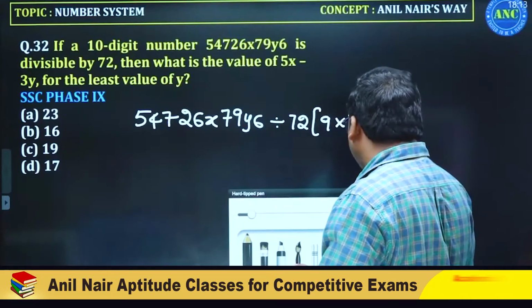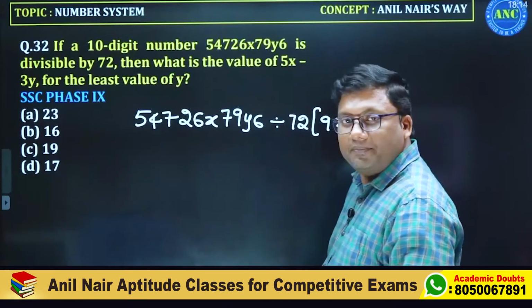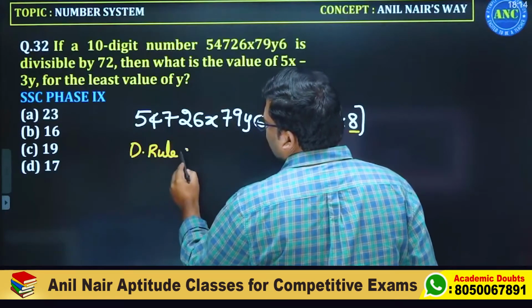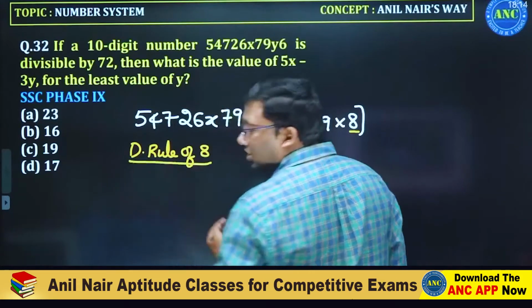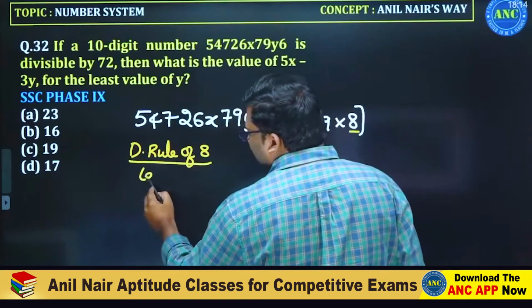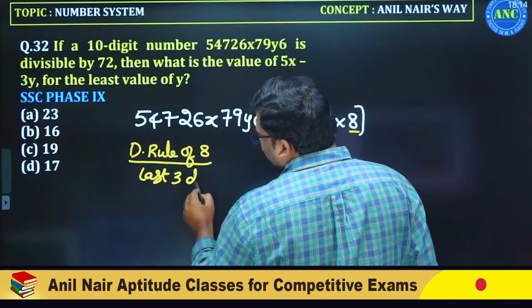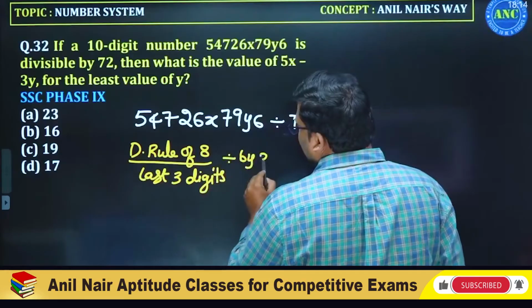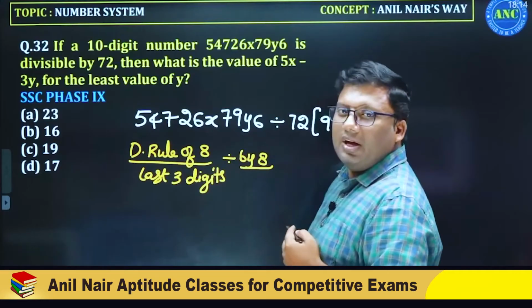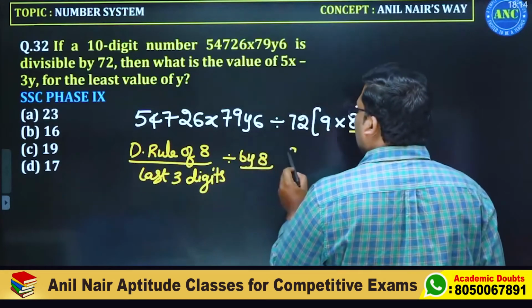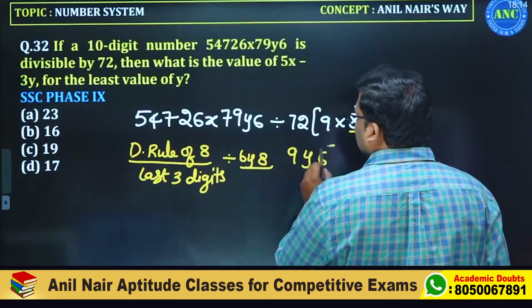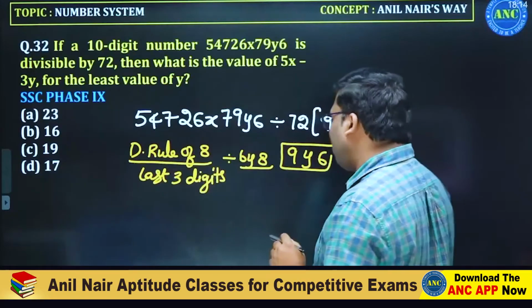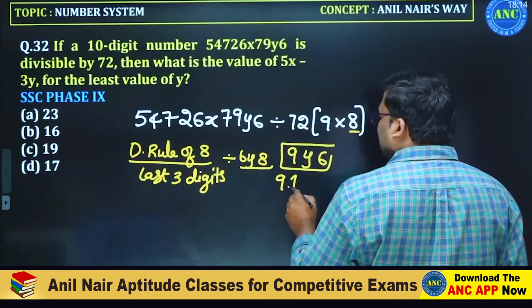First we will get the value of y by using the divisibility rule of 8. What is the divisibility rule of 8? Last 3 digits should be divisible by 8. The last 3 digits are 9y6. First of all, for a number to be divisible by 8, it should first be divisible by 4. So the cases are 916,